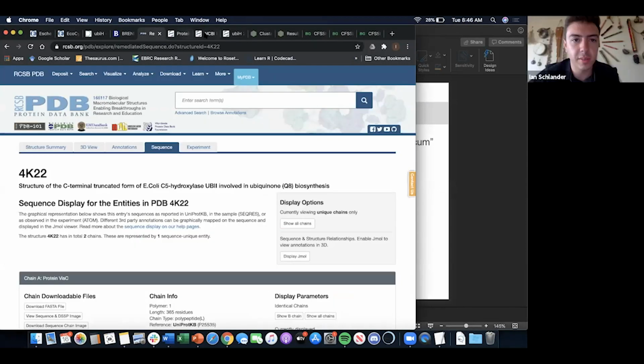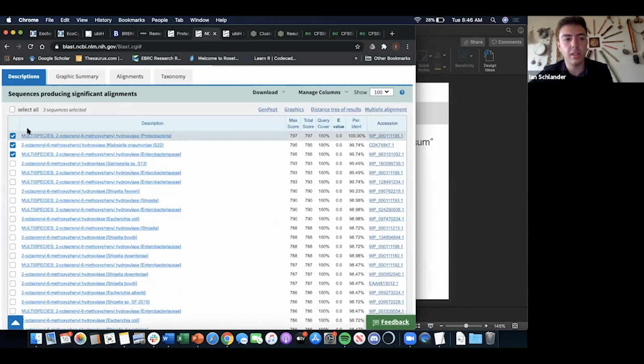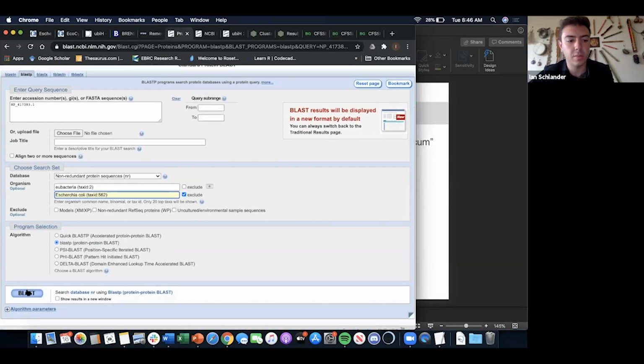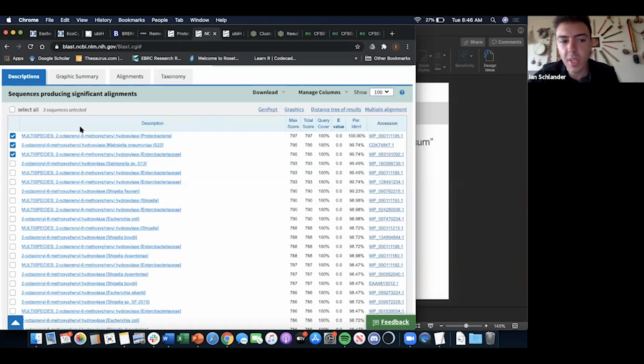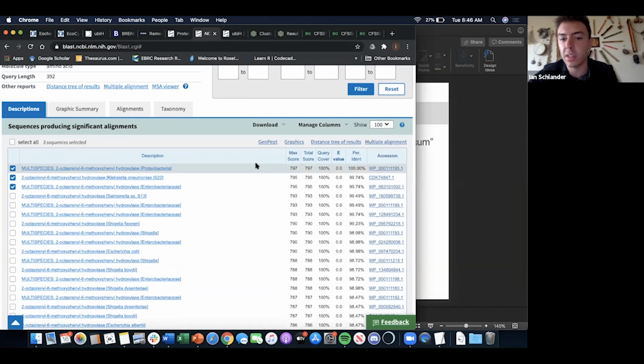Okay, apologize. That's a good question. So right here, right after I click BLAST, you want to do a protein-to-protein BLAST. Sorry if I did not mention that. Basically, it's going to bring up all of these different alignments, and it does a good job of immediately aligning from first to last the closest homology to the sequence that you have of interest. And what you're going to see is a query cover, which will show you all the different